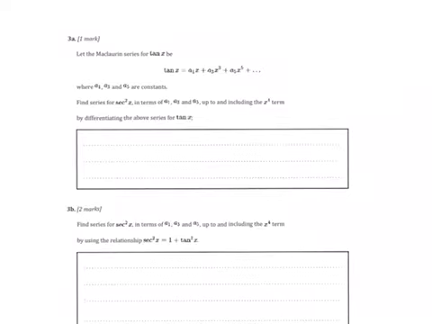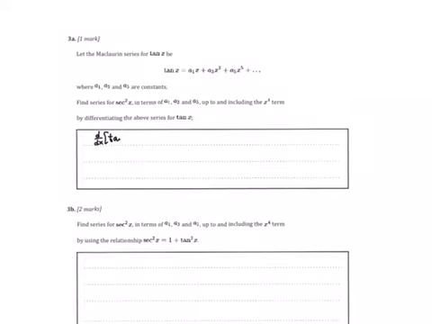Hey guys, back with problem number 3, week number 4, a 1 mark problem here. Let the Maclaurin series for tangent be the following. Tan x equals a1x plus a3x cubed plus a5x to the fifth, where a1, a3, and a5 are constants. Find the series for secant squared in terms of a1, a3, and a5, up to and including the x to the fourth term. Okay, so 1 mark should be some pretty simple algebra, but we know that the derivative